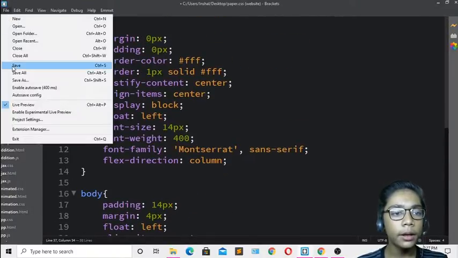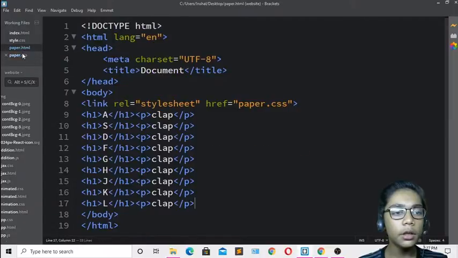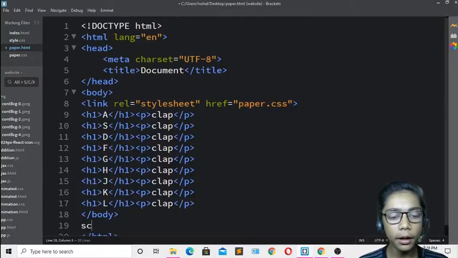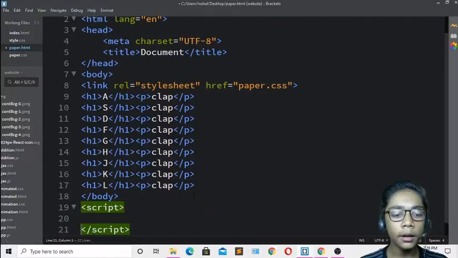Just hit save, and now you have to go to HTML and do your work with your HTML. So I will come over here and first of all write a script tag for writing my JavaScript. And now when you've done that, you have to come over here again and define